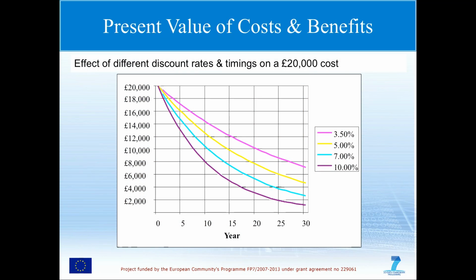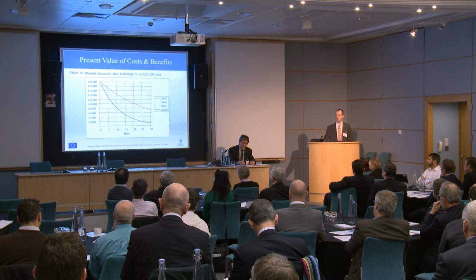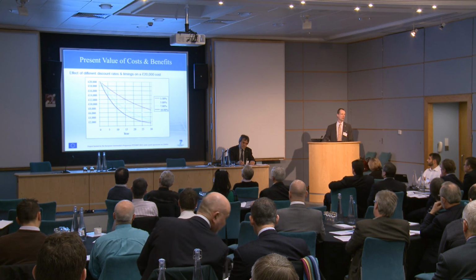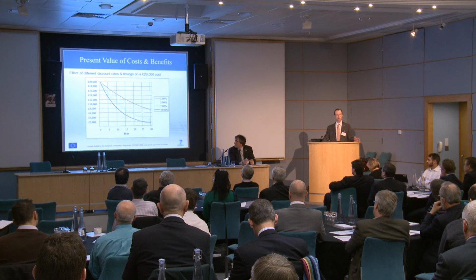If you're in various parts of the private sector with less and less good credit ratings, then your net present value is getting significantly less each time. By the time you get up to a 10% discount rate, over 15 years, your £20,000 investment has got a net value of only £5,000. So picking that number correctly is patently an important part of getting the overall outcome correct.